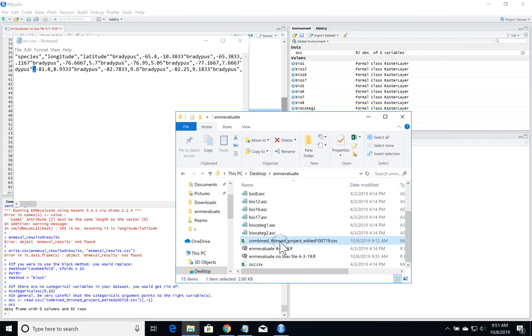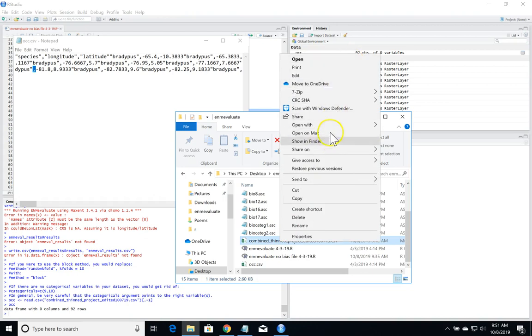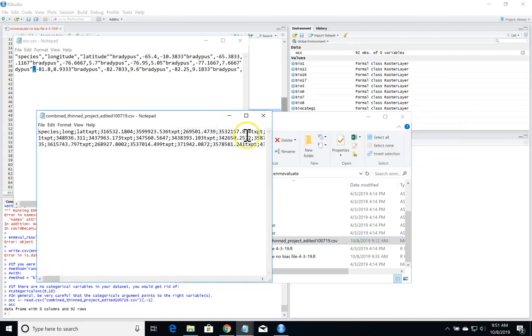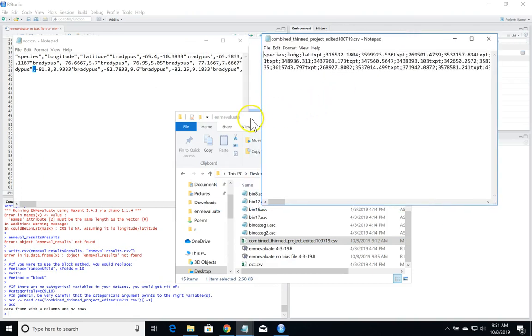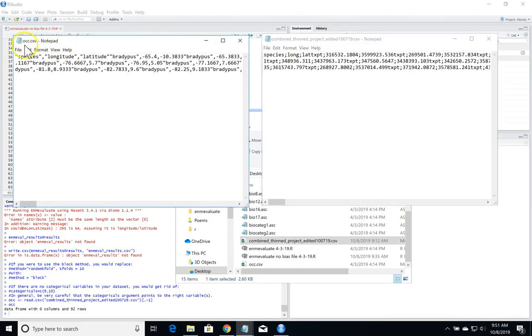Now I'm going to open up our file that contains our own data that we're trying to use. And again, I'm going to open it up in Notepad so we can see the special characters. Now, every situation is going to be different, but what you're going to want to do is compare occ.csv, which is the gold standard, which we know works, with the format of your file that you're trying to get to work with ENMEvaluate. And unless they match, you're going to want to remake your file all over again to make